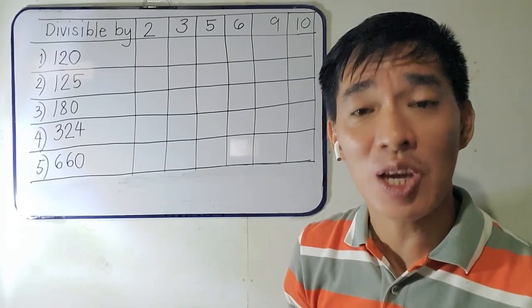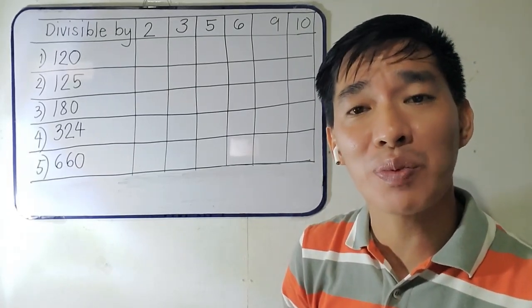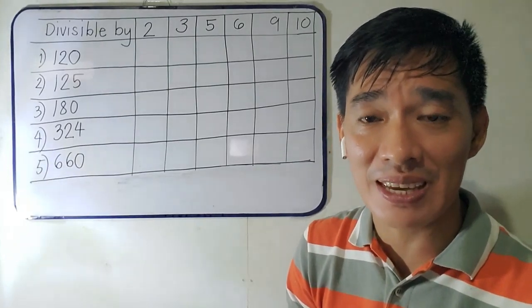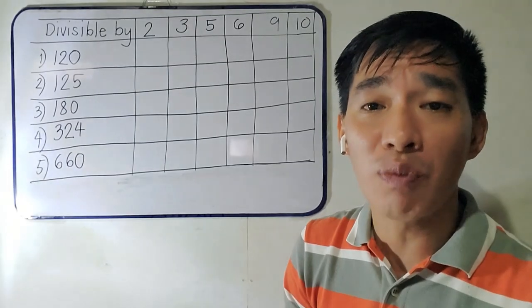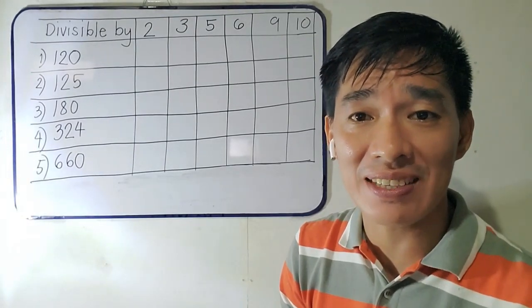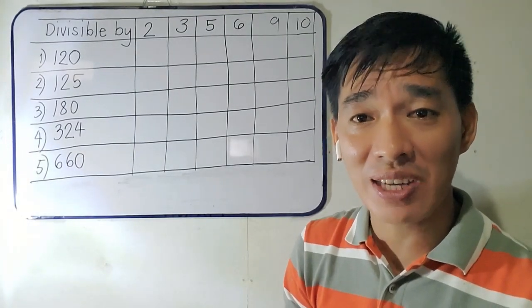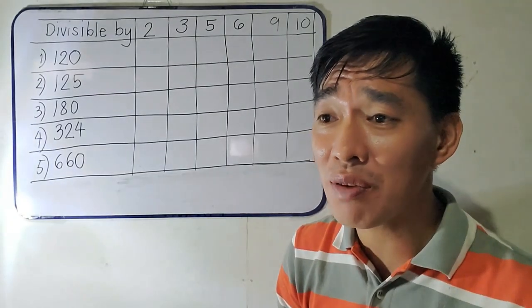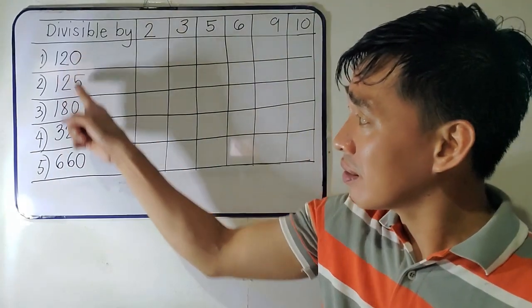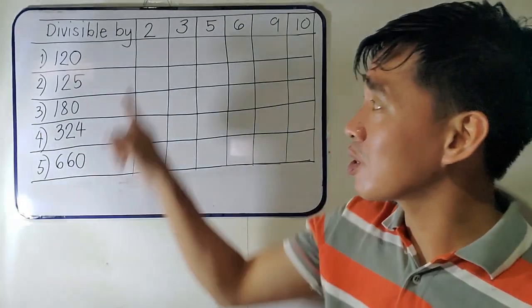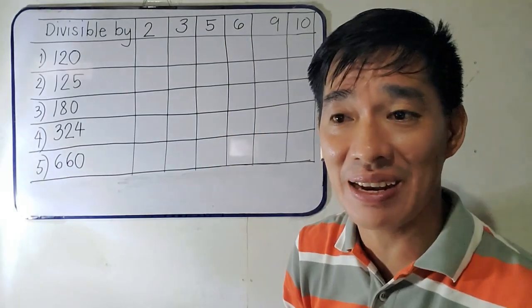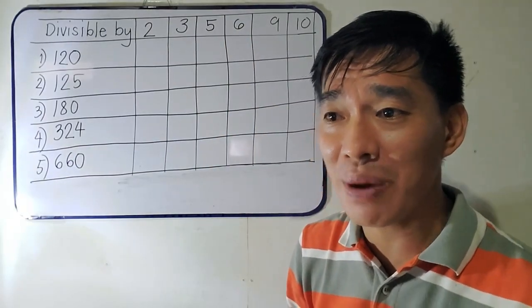So at this very moment, before we proceed to the very meat of our lesson, I want you to do our first activity, which is a sort of review of what we have learned from our previous lesson. The direction for the first activity, let me read to you: See if the numbers in the first column are divisible by 2, 3, 5, 6, 9, or 10. Mark X on the corresponding columns